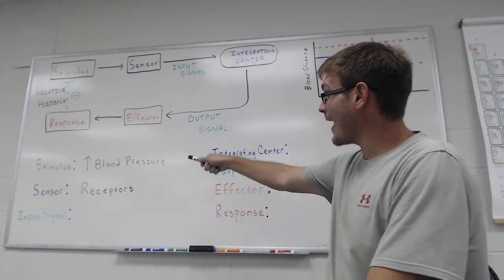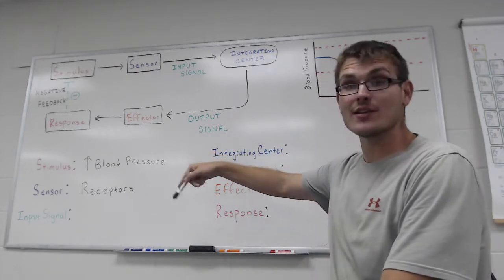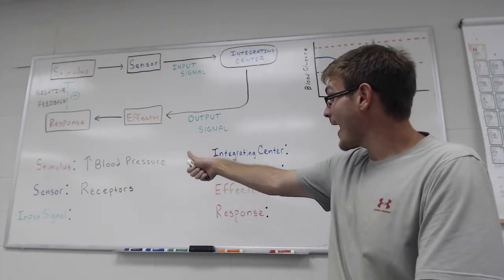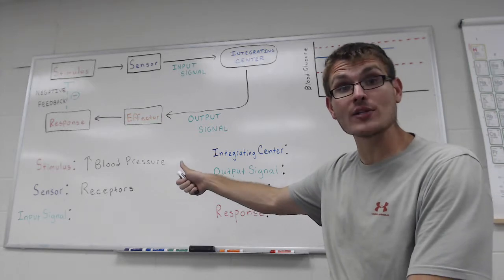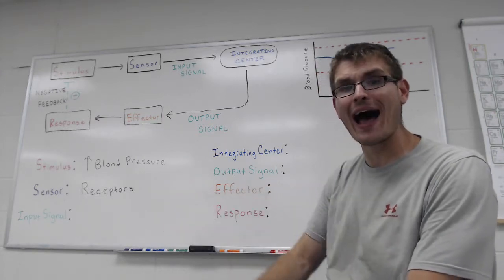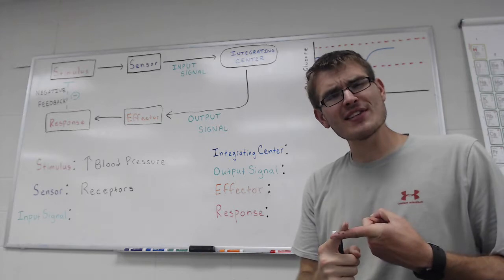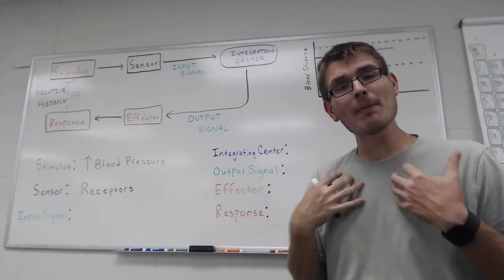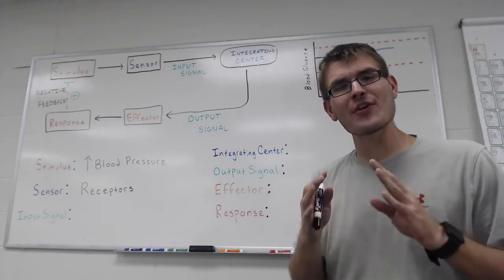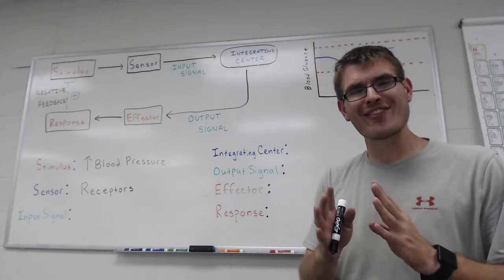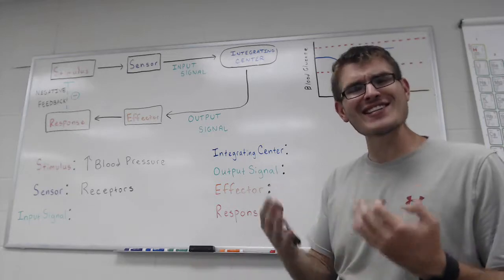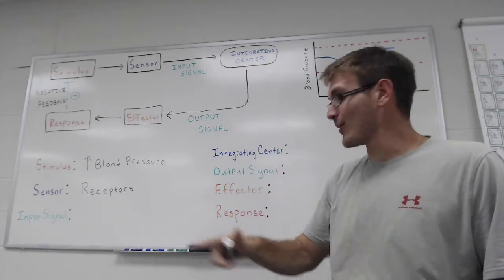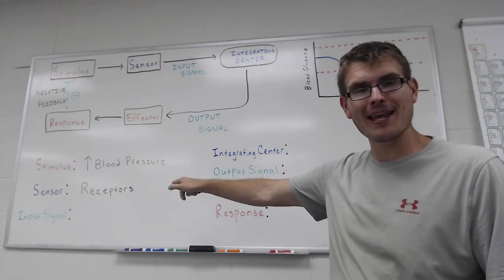So we've got a handle on what our stimulus is, what's gone wrong. In that case, blood pressure is too high, and we've got a sense of how we're going to notice that the blood pressure is too high. The drawback of sensors is that they're very capable of noticing that there's a problem, but they're not quite so good at doing anything about it. So the sensor isn't going to be able to bring the blood pressure back down himself. He can only notice that there's a problem to begin with.